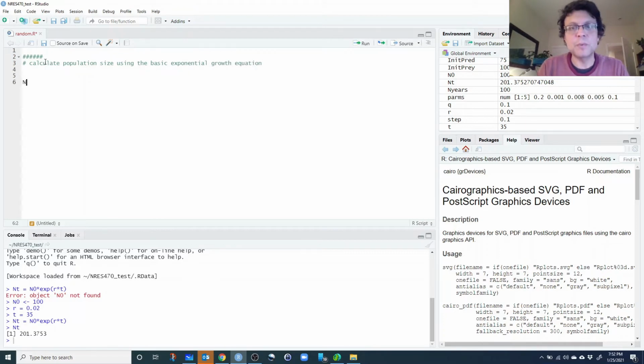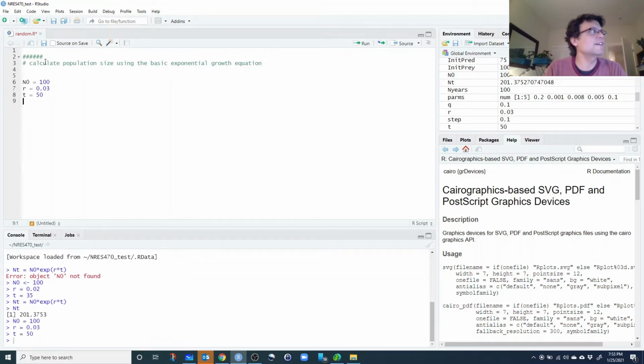All right, so what do we need? We need N0, that's the initial population size. Let's say that's 100. We need the intrinsic rate of population growth. Let's say that's 0.03, just making something up. And what else do we need? We need the number of years at which we want to estimate the population, say, 50 years later. Let's just write that in, 50. So if we read in these values,